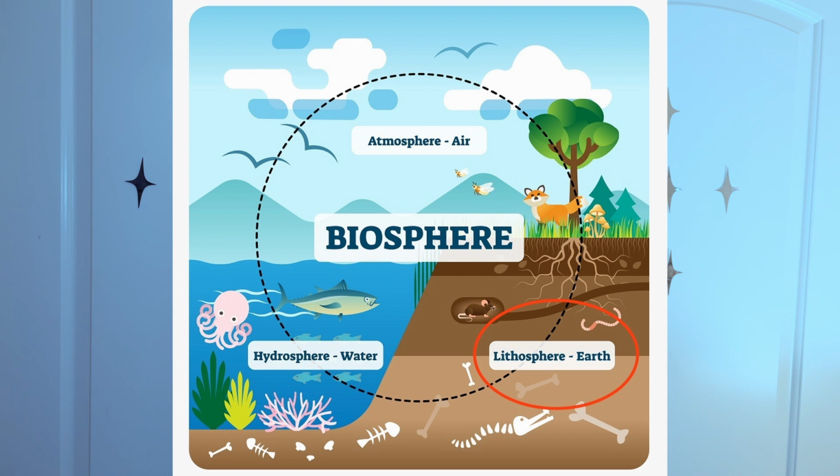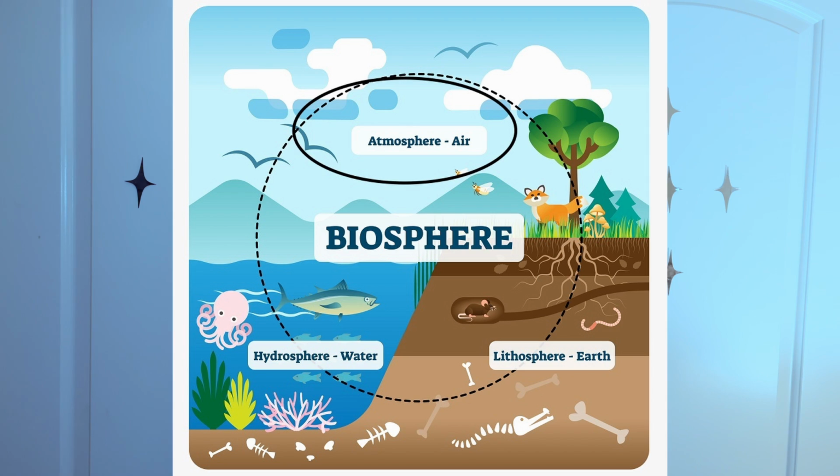The next component is the lithosphere. Now, the L in lithosphere means land. So the lithosphere is where we are currently, where I am right now. I am living in the lithosphere. The lithosphere is where most of life harbors. Sorry, it's pretty hard to pronounce. And the lithosphere is a pretty amazing place.